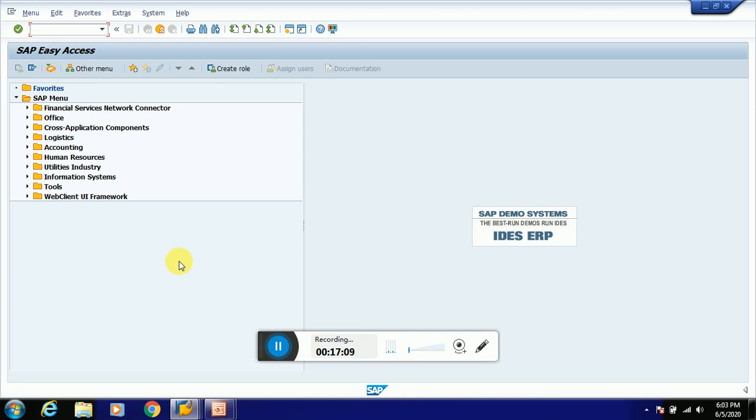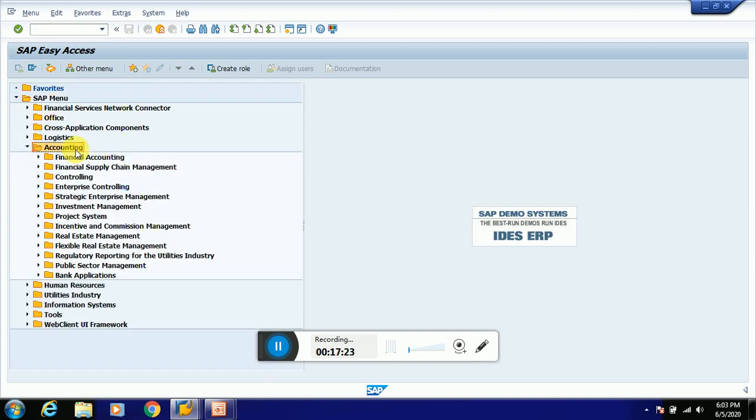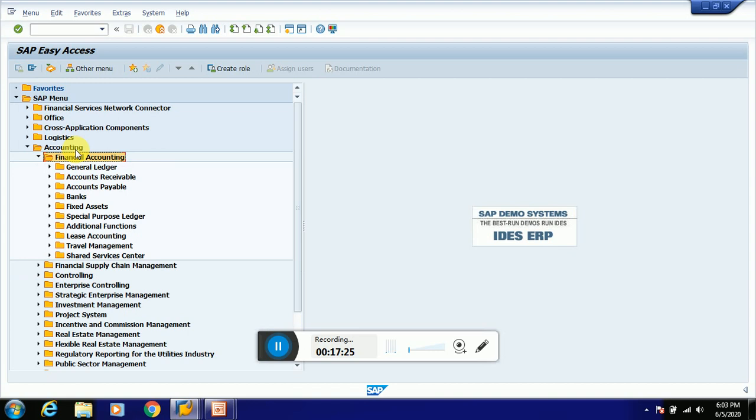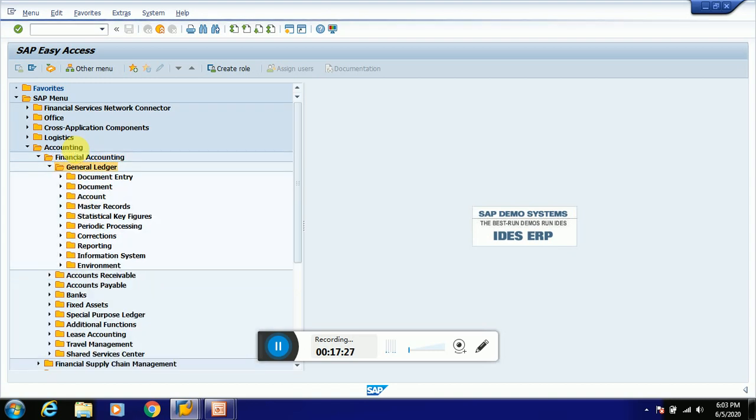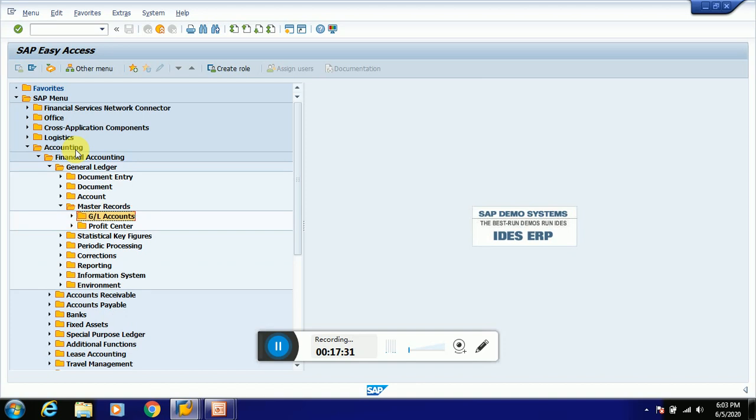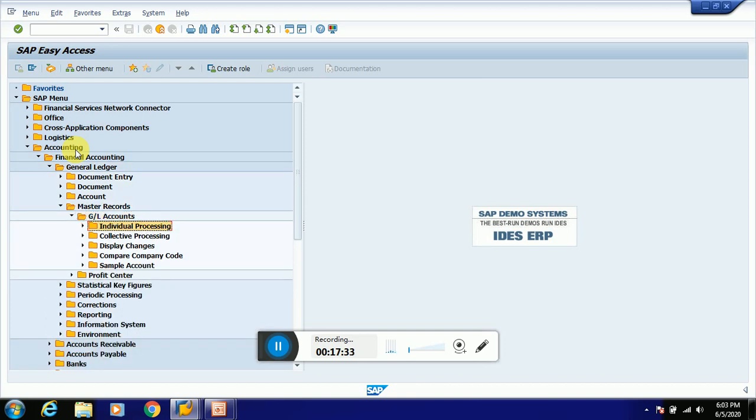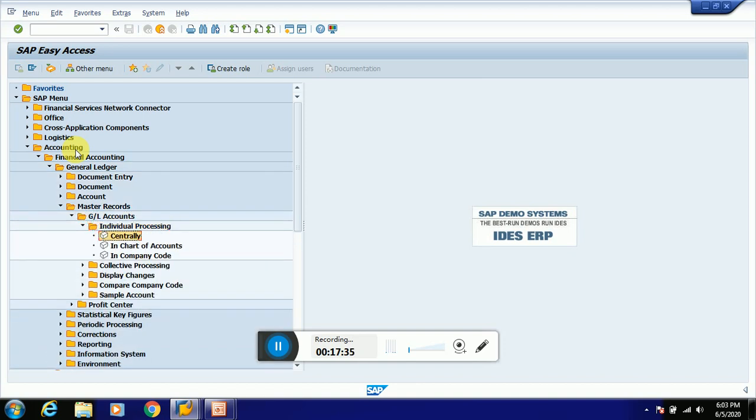There are two ways we can create the GL account. In this video I am going to show you how to create the GL account centrally. The navigation for creation of a GL account is under accounting, financial accounting, general ledger, master records, GL accounts, individual processing, centrally.